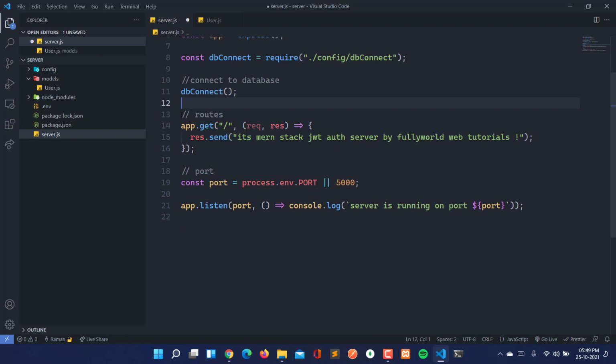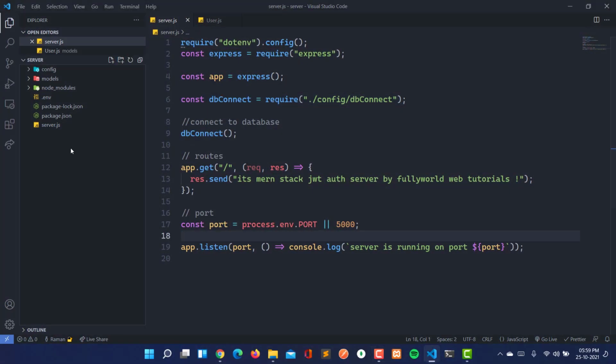So I am removing this for now. Today in this video we are going to register the user. So we are going to create an API for the authentication, and we will register the user. We will register the user without email verification today, and in the next video we will see how we can send the verification email using Nodemailer. So now, without wasting any time, let's get into it.